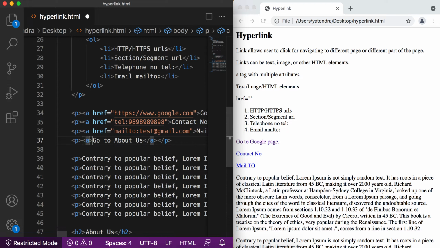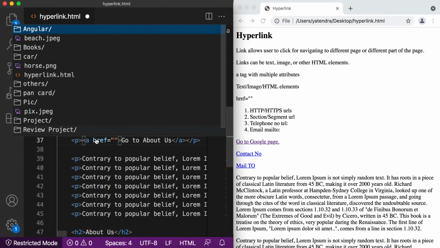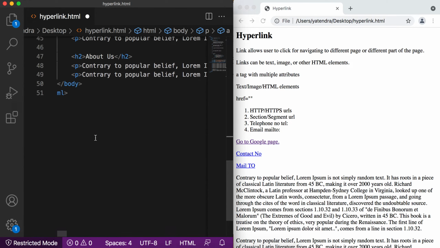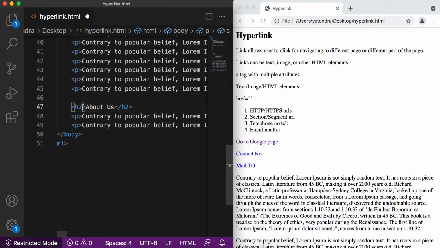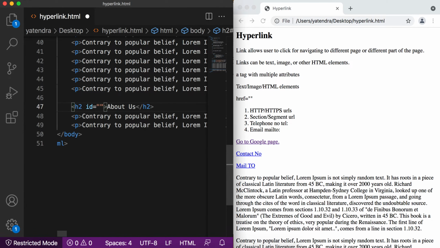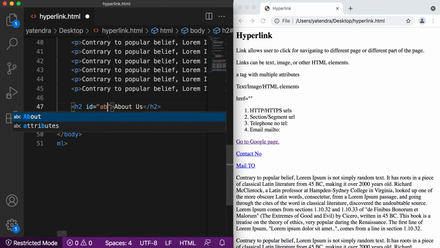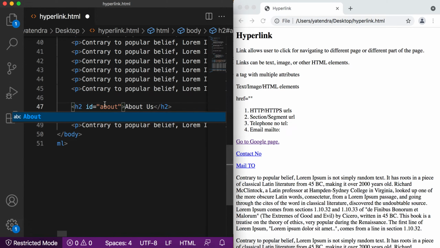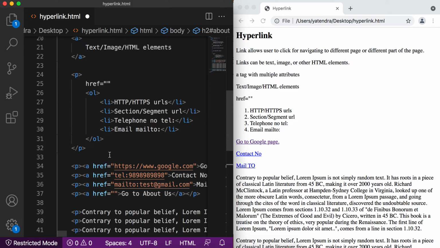and in href we need to refer to that segment. How can we refer to that? For that we add the id attribute for this h2 element and give some name, about, and by this we can reference it with this symbol and then the name of that id.